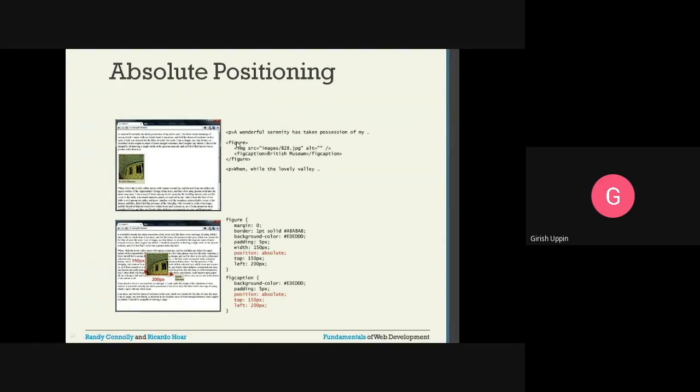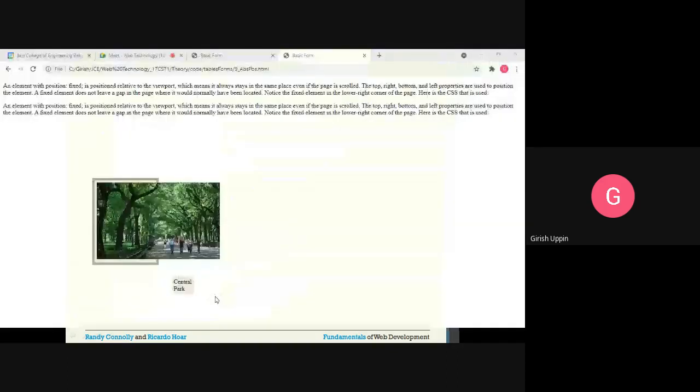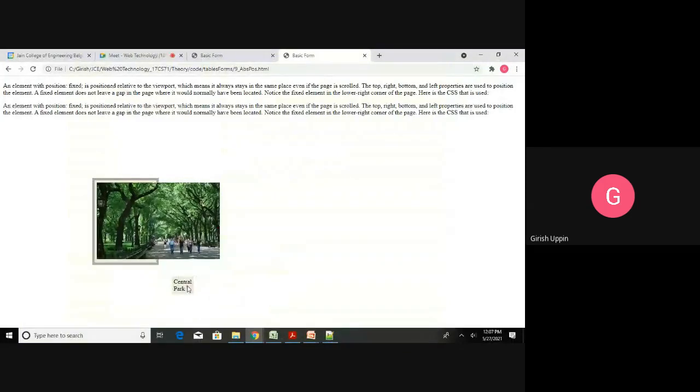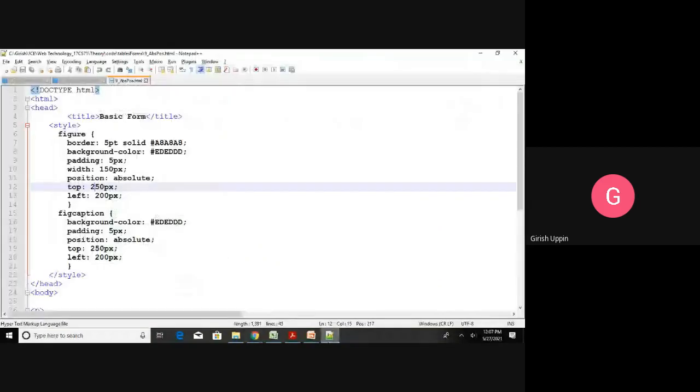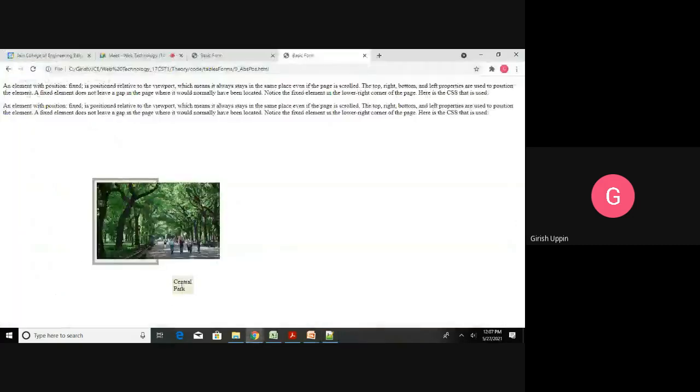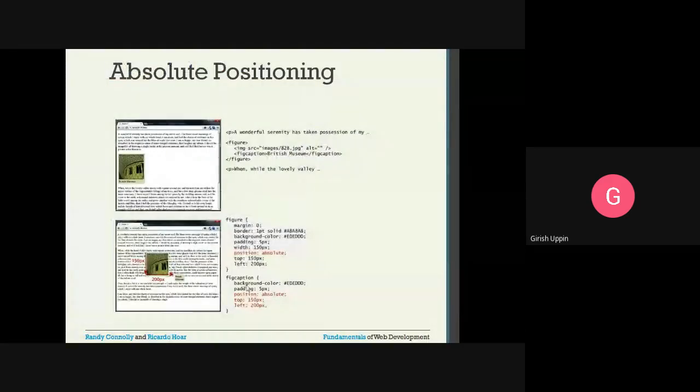So relative to this figure, it will position itself, because it is its ancestor. That is how you have seen in this particular example also. I will make this 150 so that you can see the figure caption change its position. You can see relative to this corner, it will position itself. That is how absolute positioning works for the figure caption.